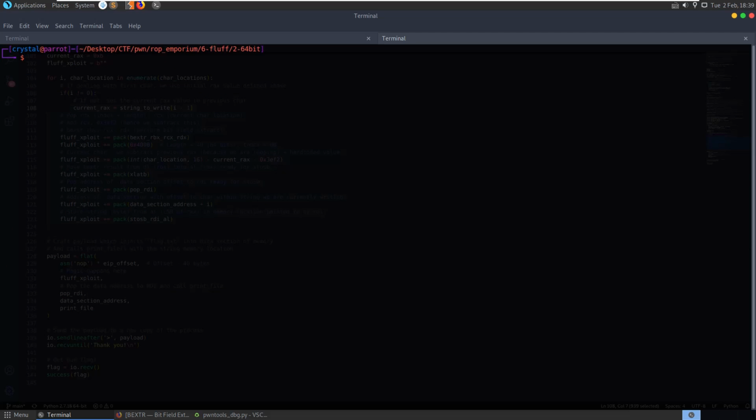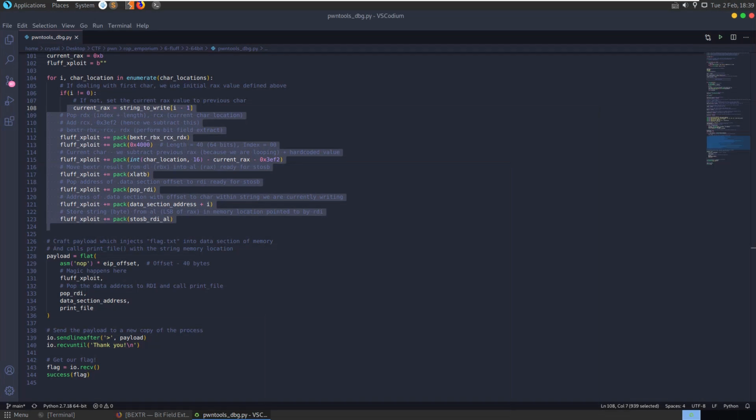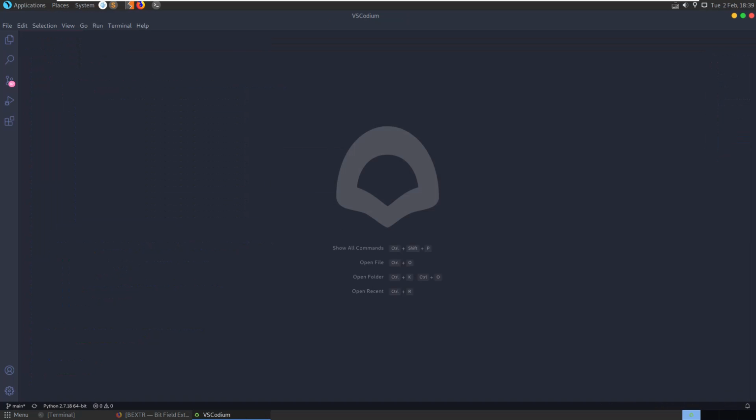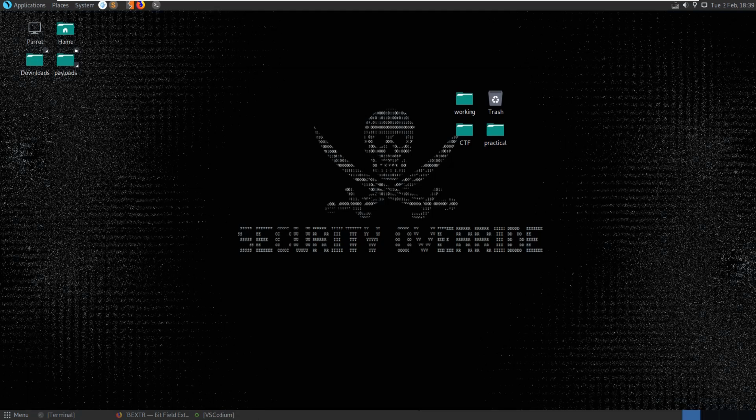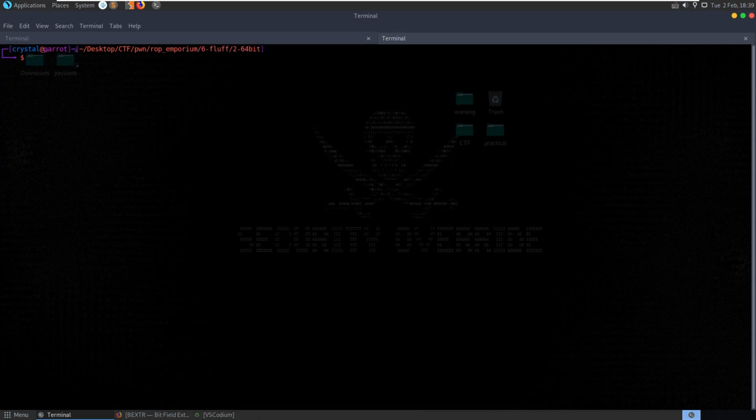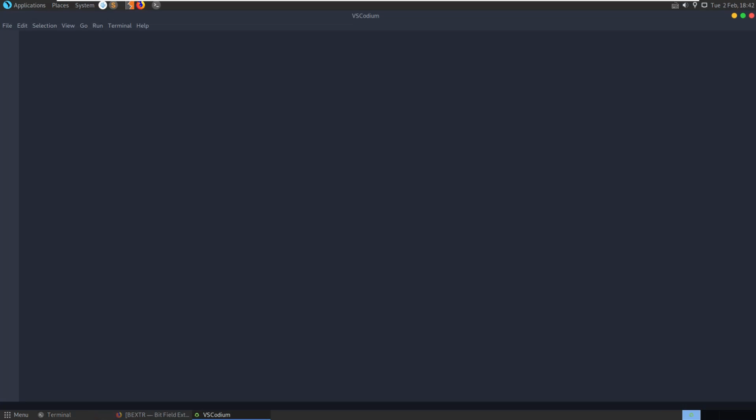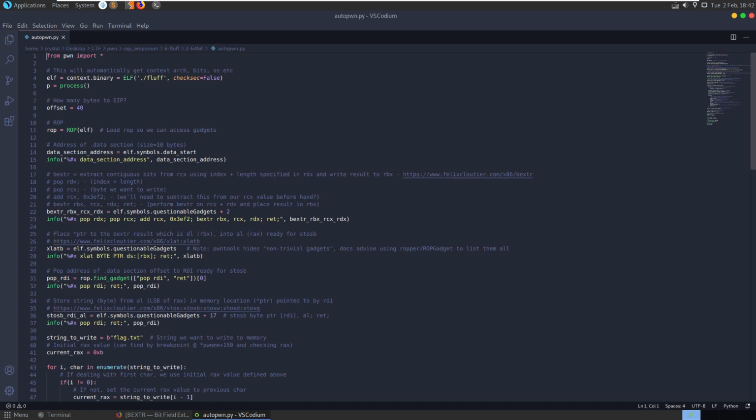Hopefully that made sense. Let's have a look and see the autopwn script to see how we could improve that or simplify some of the code. So if we open up the autopwn script, as usual, we just manually put in our offset here. We create a ROP object using the executable, and finding our offsets, where possible, we just use our ELF